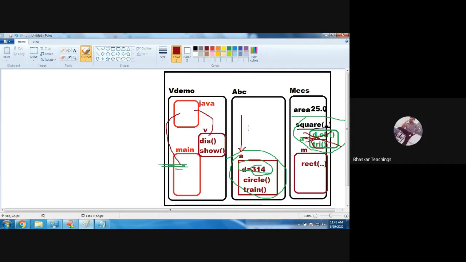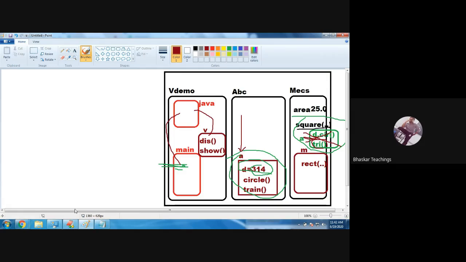But when you change any instance variable, it will be reflected in that object only, not to other objects. Remember? If you change any instance variable, it will be reflected in that object only. But if you change a static variable, it will be reflected to all the objects.